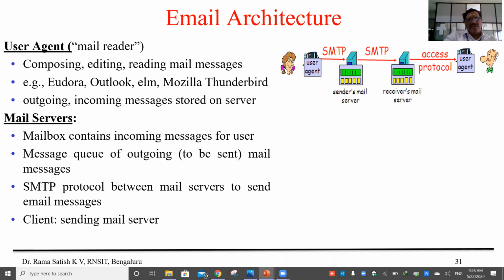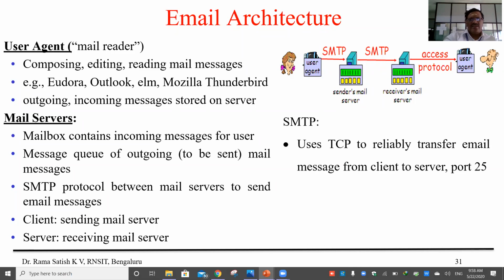Clients send mail to the mail server, and finally the server will receive the mails and store them until the user reads or deletes them.